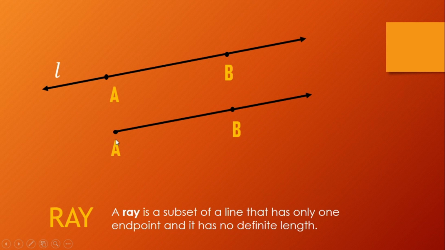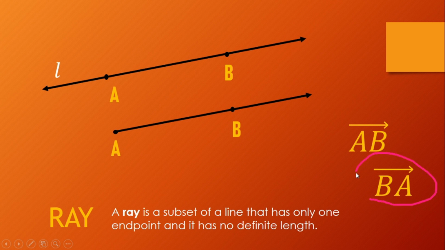Bakit? Since meron tayo ditong ray, eto yung one endpoint na sinasabi dyan. Ang ray daw ay meron lang isang endpoint. Now, it has no definite length. Bakit? Kasi nga, it extends on one direction. We can name this ray as ray AB. How about this? Can we name this as ray BA? No, we can't name this as ray BA or we can't denote this as ray BA